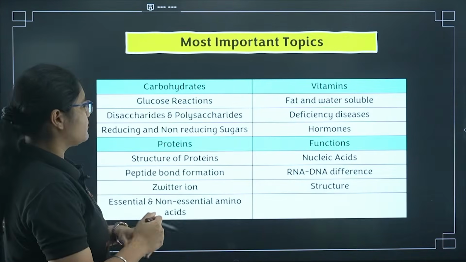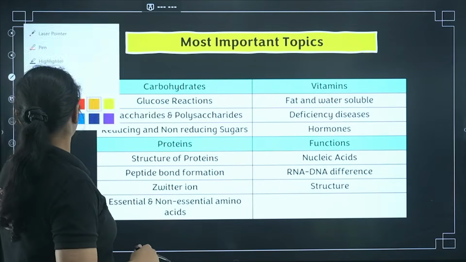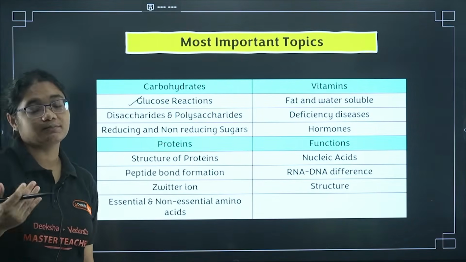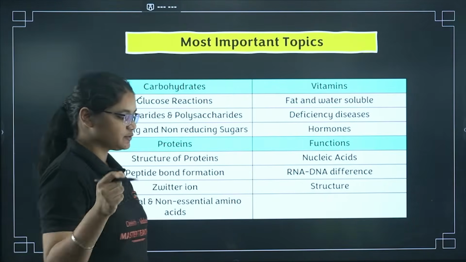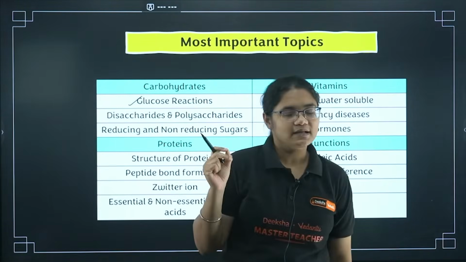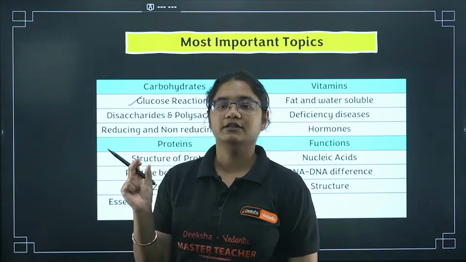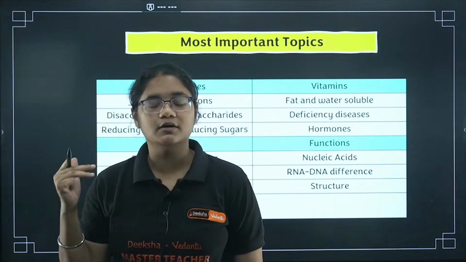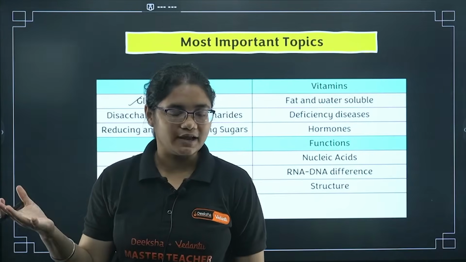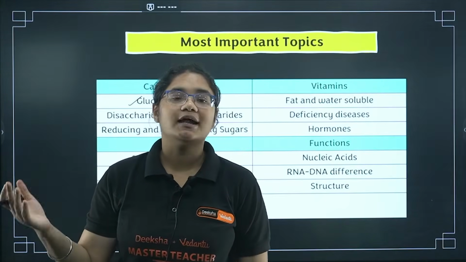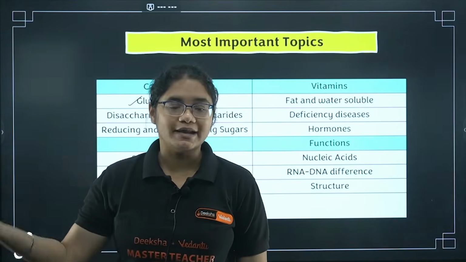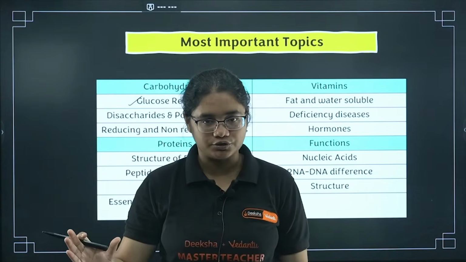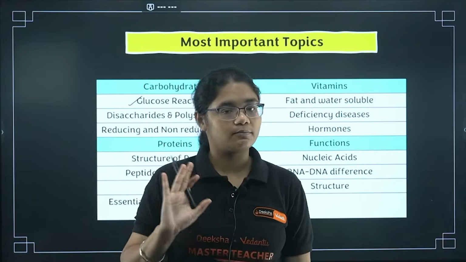Okay, next we'll talk about some important topics that you must prepare from this chapter. First of all, glucose, all the reactions which tell about the structure of glucose. The first one is reaction with HI. The second one is the reaction with NH2OH. The third one, reaction with bromine water. The fourth one, reaction with anhydrides. And the fifth one is the reaction with nitric acid. You should remember what the reactions are and what their conclusions are, because